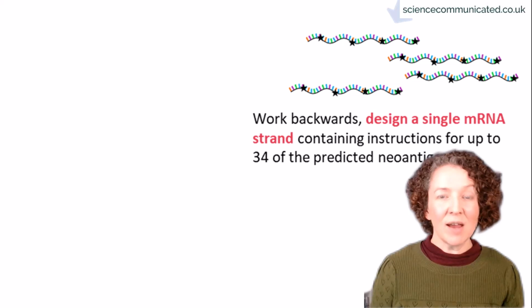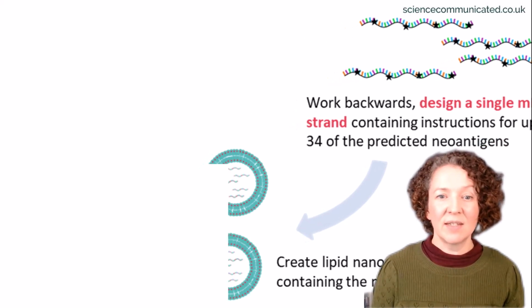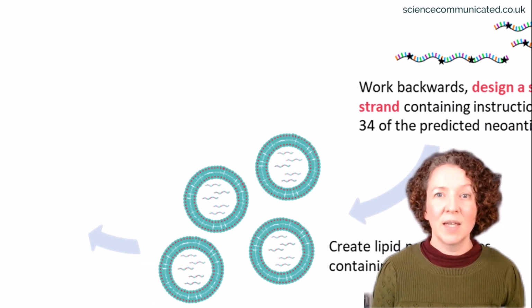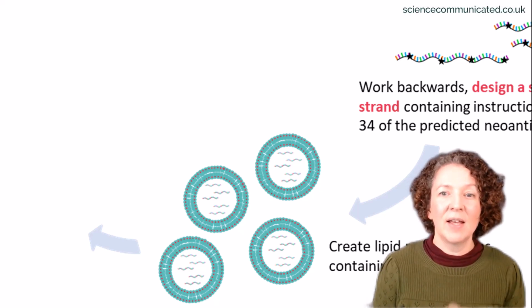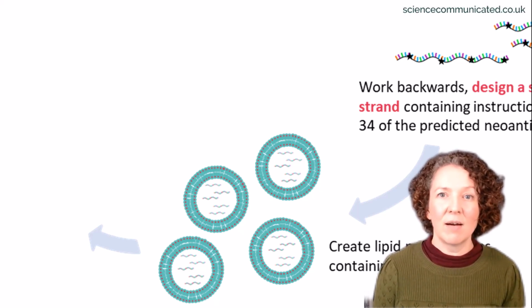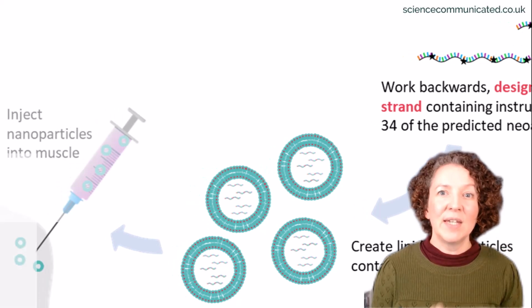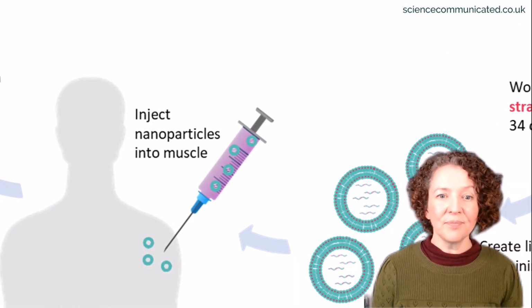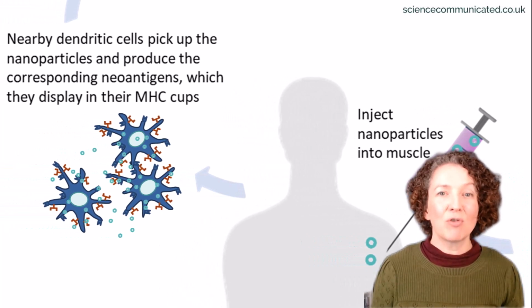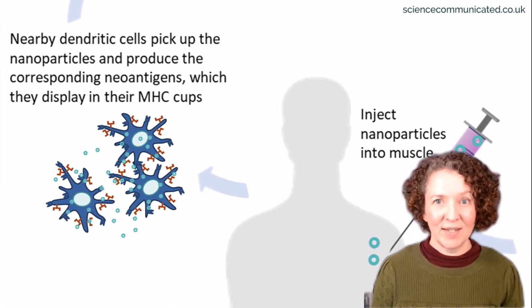mRNA is very fragile, so they have to protect it in some way, and they do that by creating tiny little lipid droplets that contain that precious mRNA cargo. You then inject the mRNA into muscle,